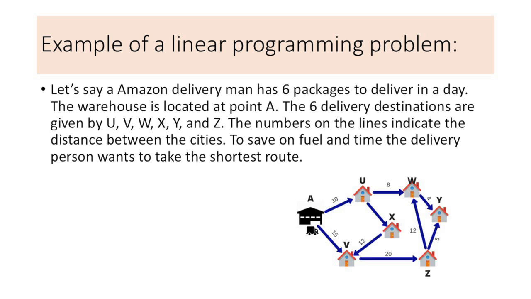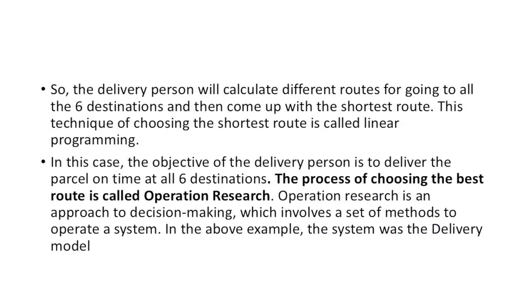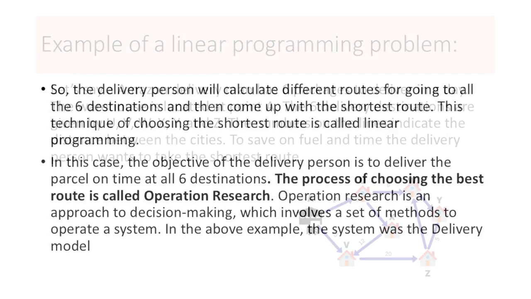So this is an example of a linear programming problem. Let's say an Amazon delivery man has 6 packages to deliver in a day and warehouses are located at several locations. The numbers on the lines indicate the distance between the cities, and to save on fuel and time, the delivery person wants to take the shortest route. So the delivery person will calculate the different routes to all the 6 destinations and then come up with the shortest route. This technique of choosing the shortest route is called